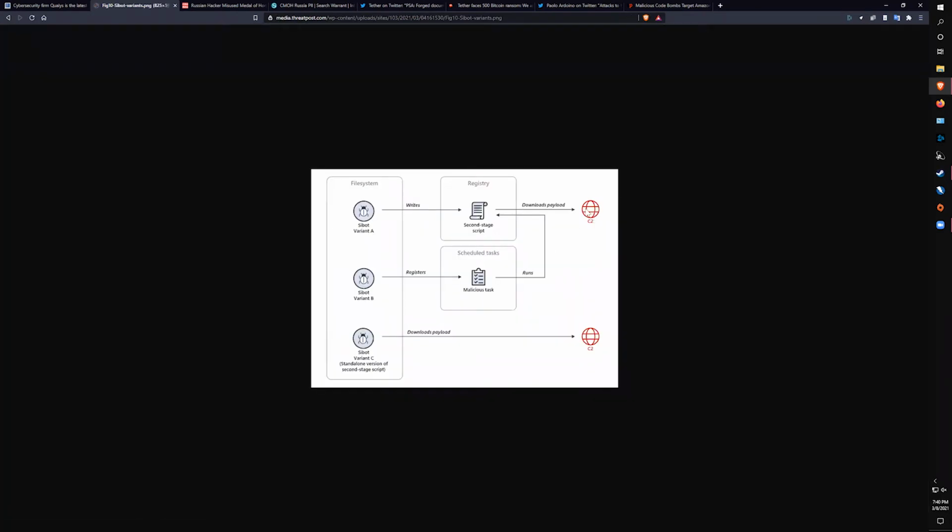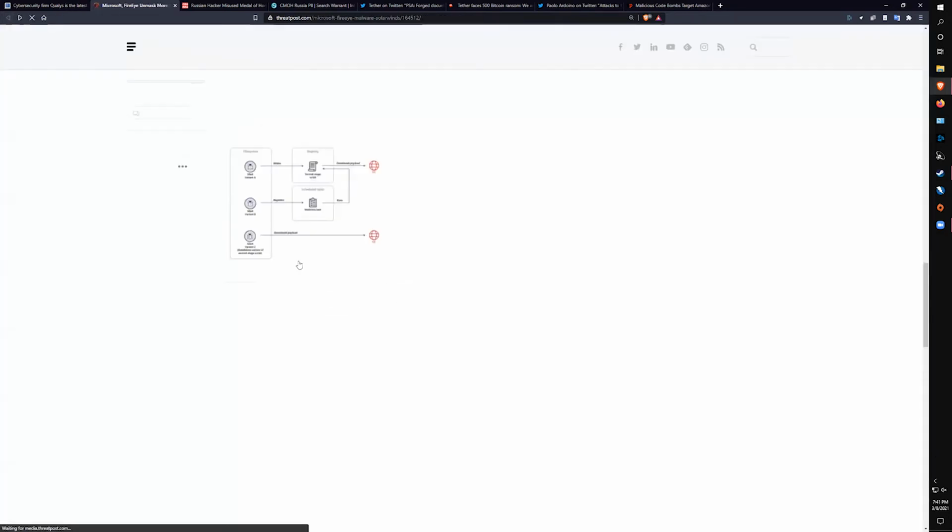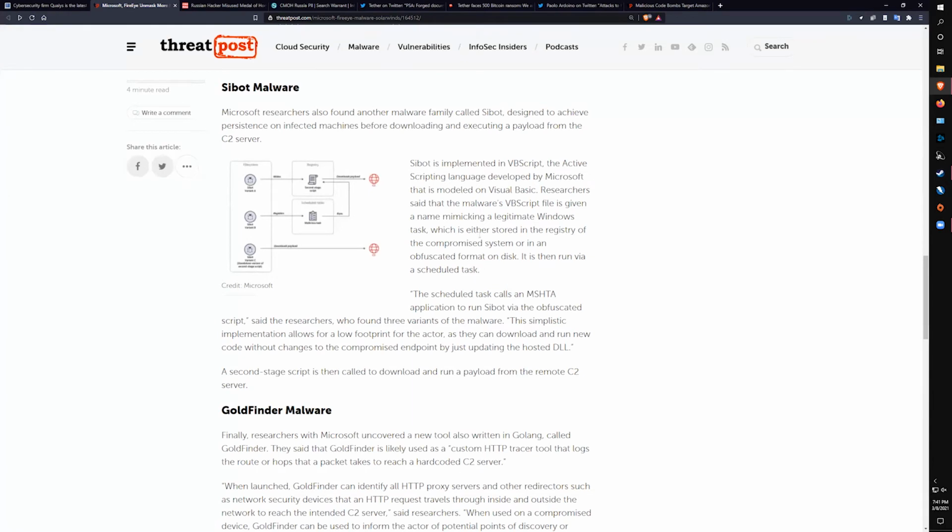So the second stage script is what we just talked about here. This second stage backdoor. There's the command and control server where it is encrypted to, and then Sibot actually is implanted on the file systems of the target computers. So this one is implemented via VB script. So we're swapping from Go to VB script here. Now, VB script I do know a little bit about because it's been around a very long time,